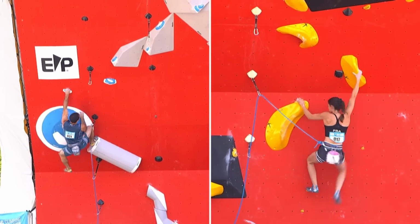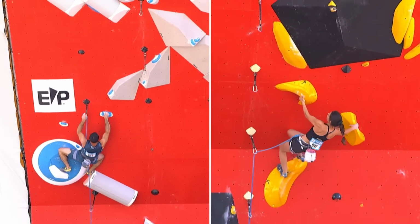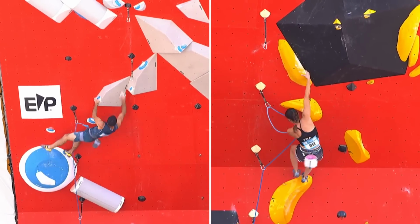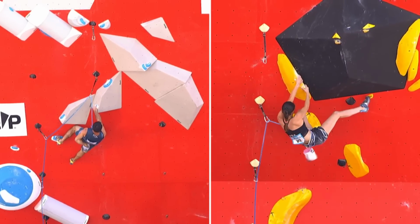Marcello up to the crimps. Pops the right hand, strong with the shoulders as he makes the clip. Helene, awkward over the top of her arm, but into a blocked jug. High foot, and this is really where the women's route begins